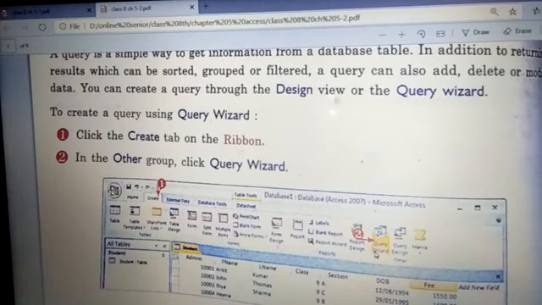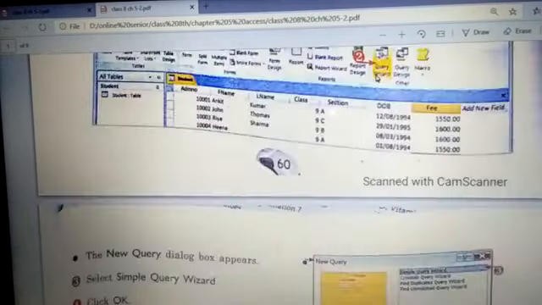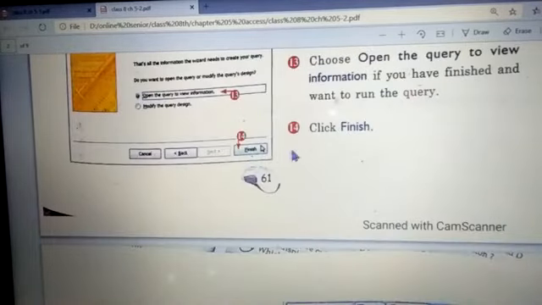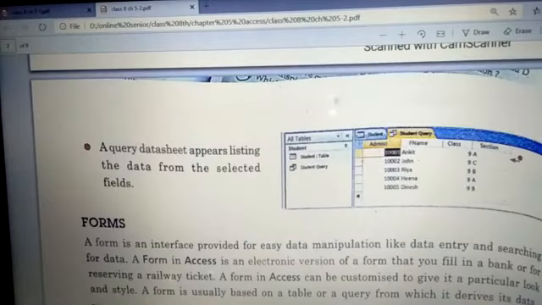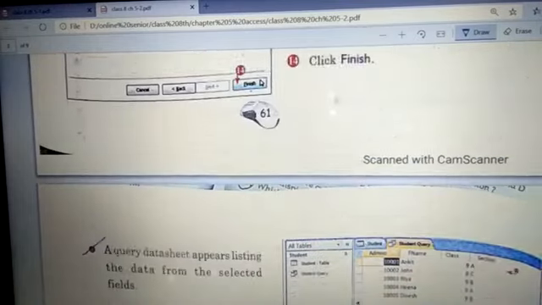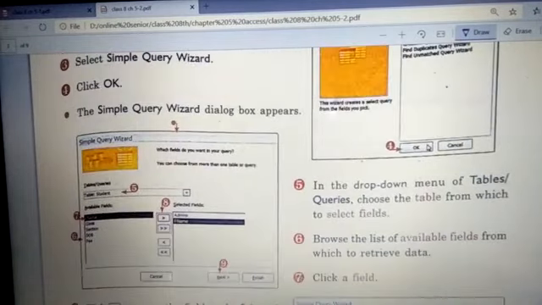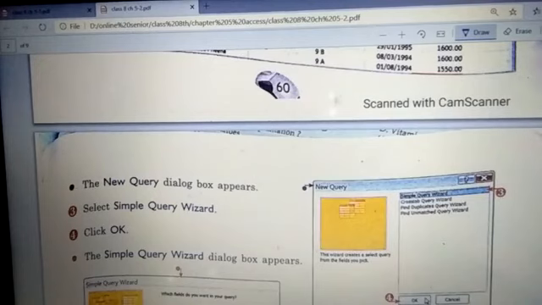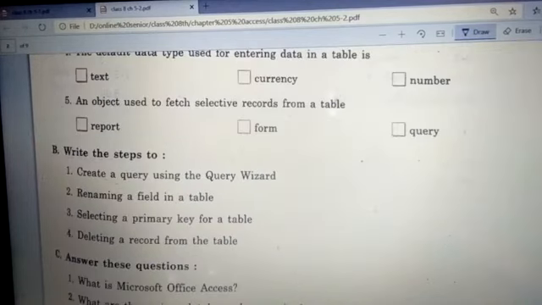1, 2, you will write this first step, click the Create tab on the ribbon. Then second step, this step you will write. All these steps you will write, fine, till step 14. Here click finish. And even children, you have to include this step also, so don't forget this step. Fine, all these 14 steps you will write in your notebook, and make this table also, these diagrams also in front of the steps. Okay, now next question is, children, renaming a field in a table.